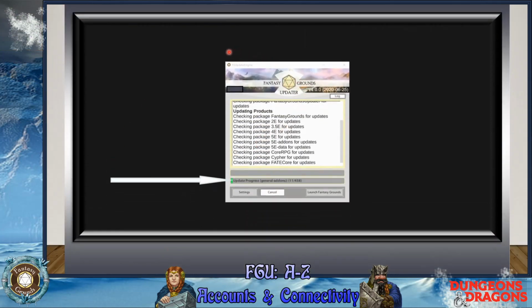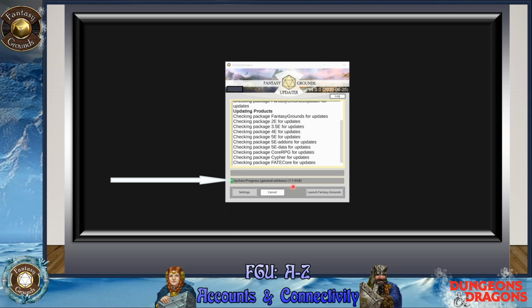So this is just an example of the updater. Every now and then you'll get on the launch screen a red brick that'll say it's time to update. On Classic, you will get that occasionally, and usually it's on Tuesdays when they update Fantasy Grounds. No telling what time Tuesday, but they're usually big or incremental updates on Tuesdays. However, since Fantasy Grounds Unity is still in test mode, you can potentially have more than one update in one day. You can have several updates.